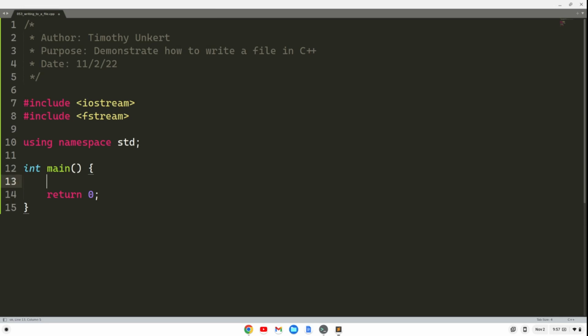Okay, so we're going to create an instance of the ofstream class. You can think of ofstream as output stream. I'm going to call that myfile. This is creating an instance, or an object, of the ofstream class, which is included in the fstream